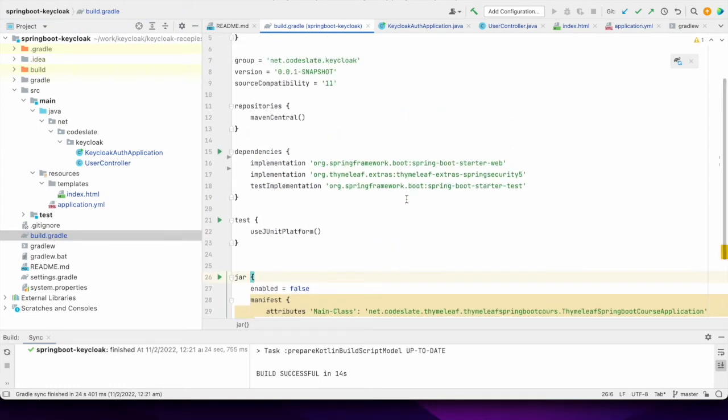So here I need to add a dependency. The dependency is for the client library and also Thymeleaf. So we will serve the UI through Thymeleaf. So let's add the dependencies. First dependency is